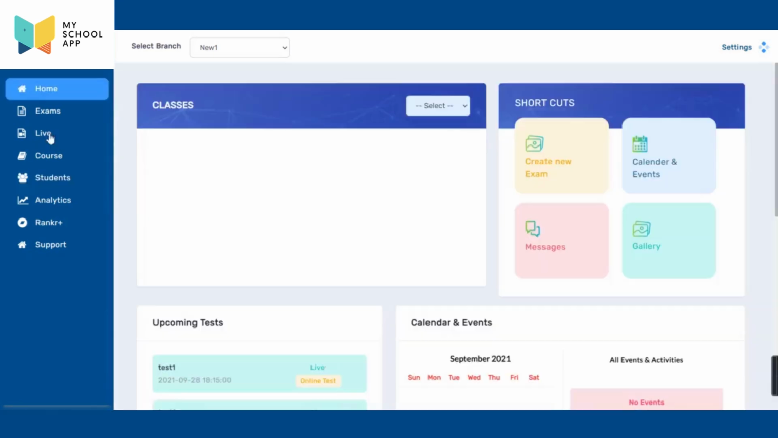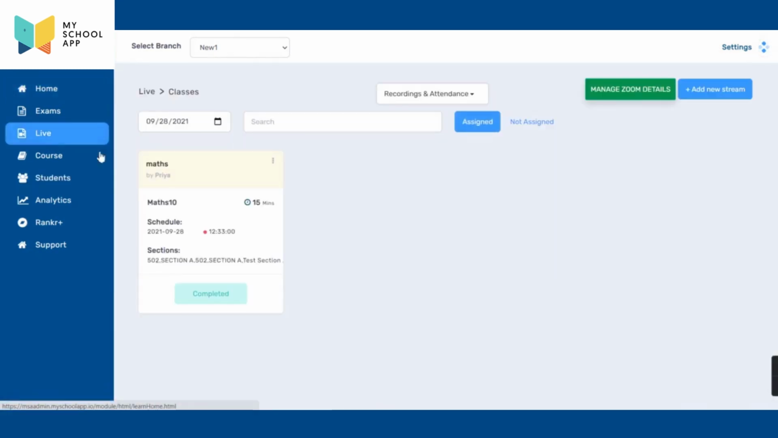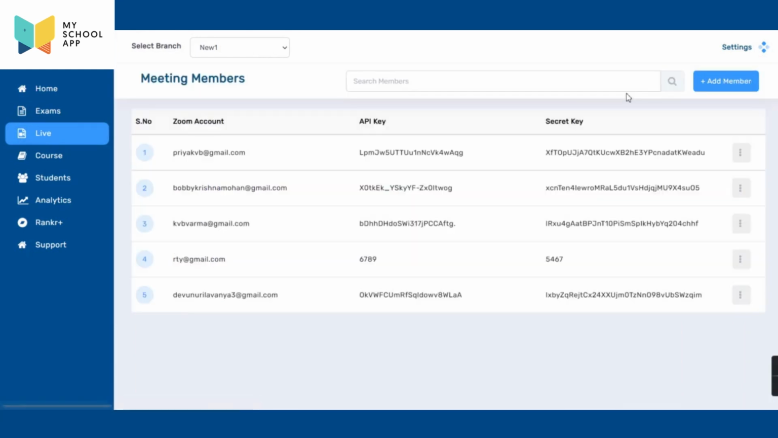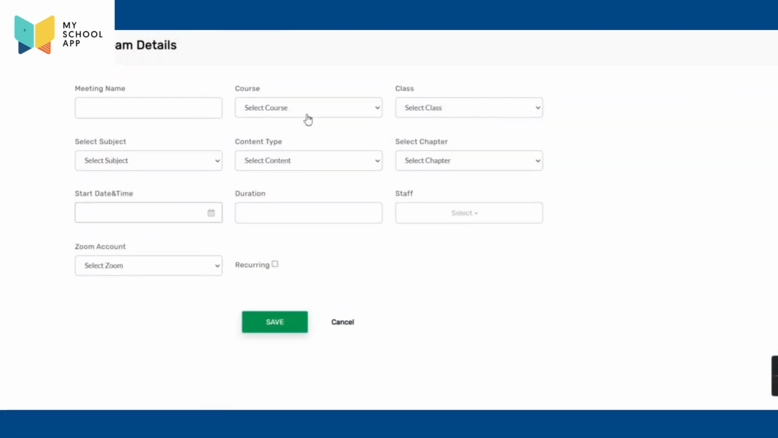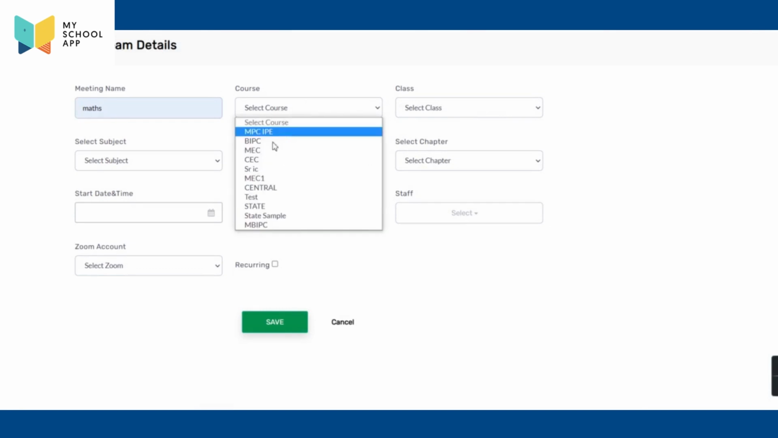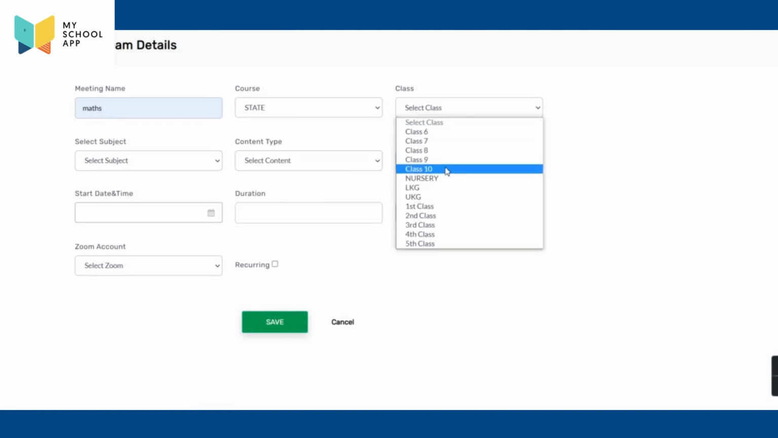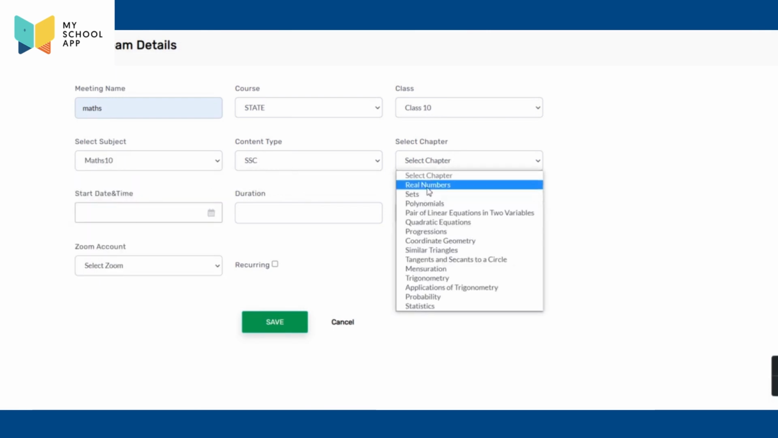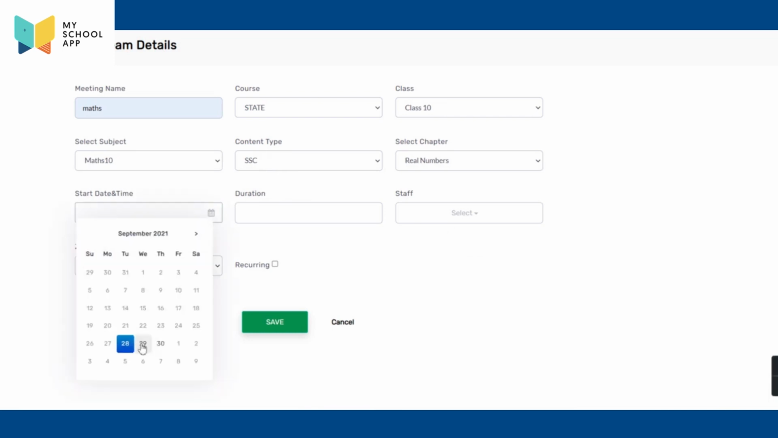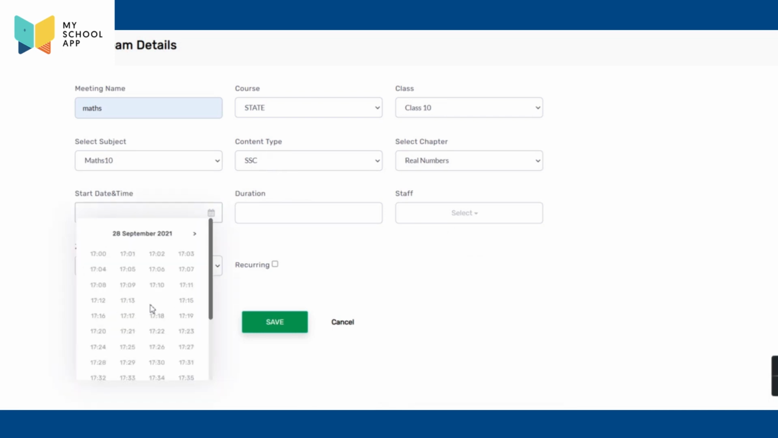This is how to conduct a live class. Click on live class and you can create a new live class. First the faculty should have a Zoom ID, with that they can create an API secret key, and add the faculty here. After adding, we will integrate the IDs here and give it to you. Add a new stream, subject mathematics, class state board, 10th class, select subject mathematics, SSC, and the chapter is real numbers. When you want to conduct this live class, you can schedule the live class,